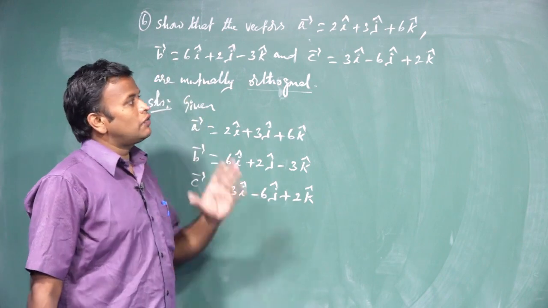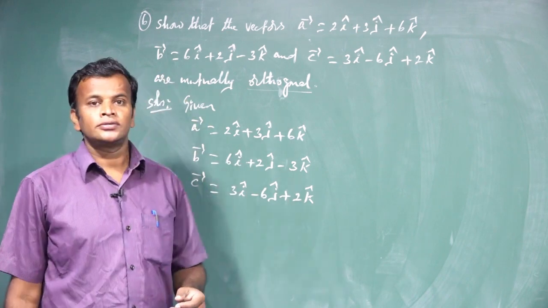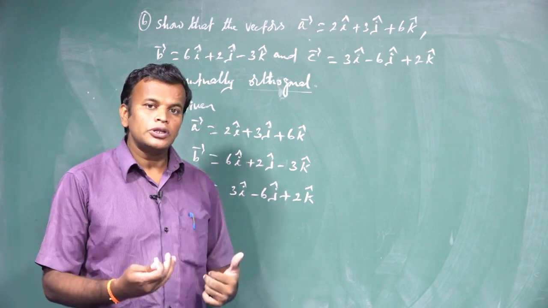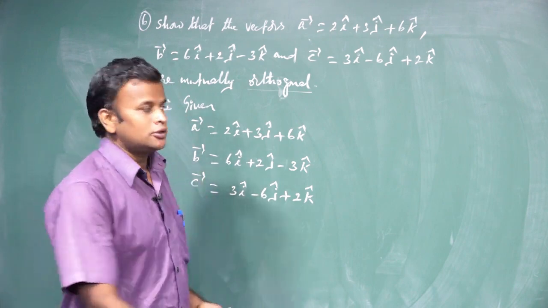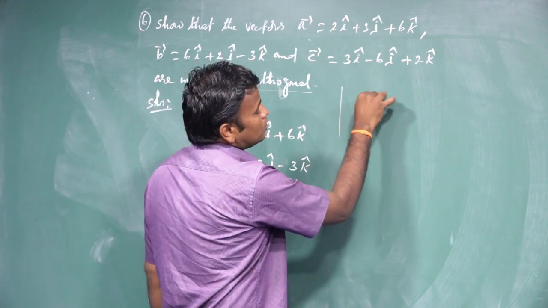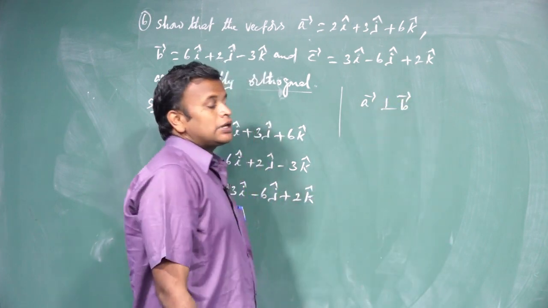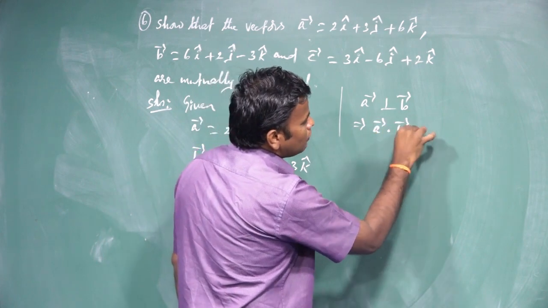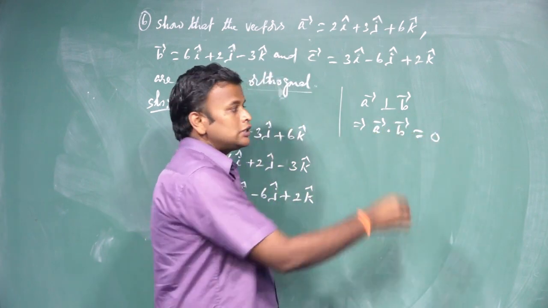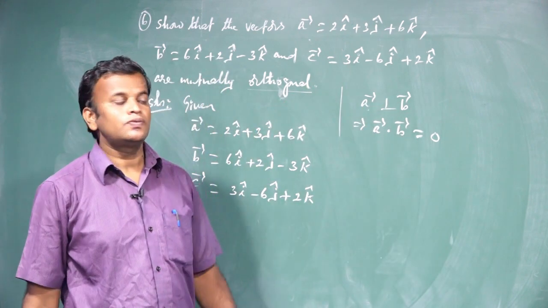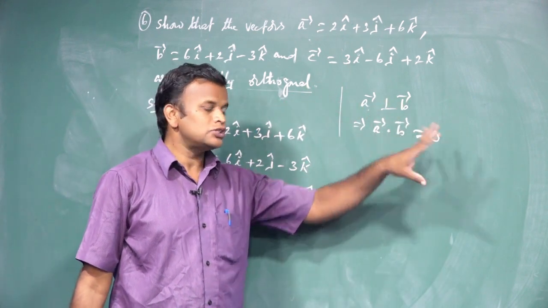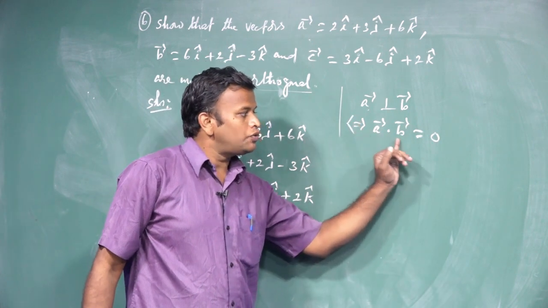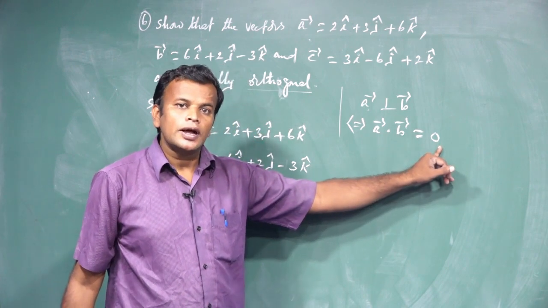You know very well in vectors when they are perpendicular. Suppose whose dot product value is equal to 0, then we come to the conclusion they are perpendicular. We already know, I explained, when these 2 vectors are perpendicular. A vector is perpendicular to B vector. When it is possible, suppose whose dot product value is equal to 0, then these 2 vectors are perpendicular. If A vector is perpendicular to B vector, then A dot B is equal to 0. The reverse is also possible. If the dot product of these 2 vectors is equal to 0, we come to the conclusion these 2